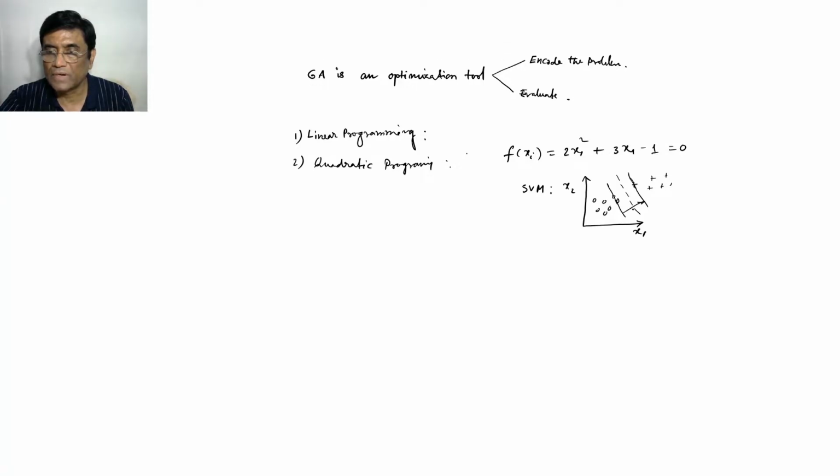So this is the width of the gutter. We are trying to maximize the width of the gutter. So we formulated the problem in a quadratic form. We had the parameter W, then we have parameter B, if you remember. So these are the parameters of the problem, and we formulate that classification task as a constraint quadratic optimization problem,